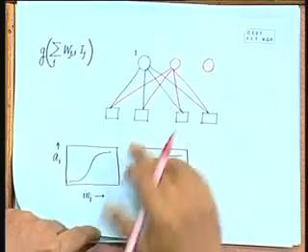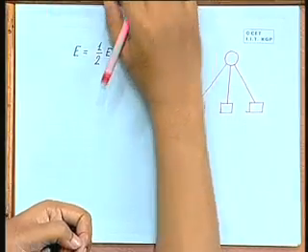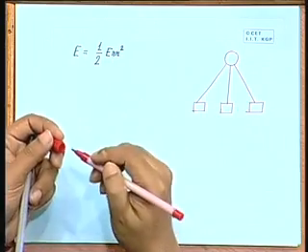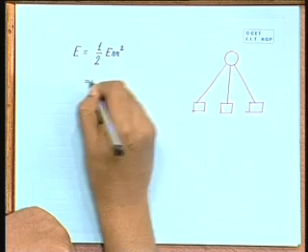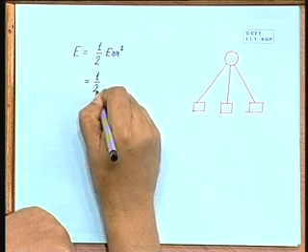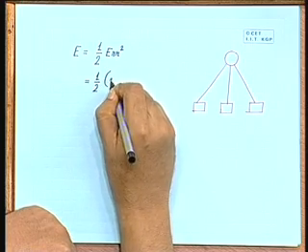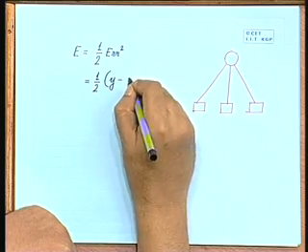When we talk about half of Err squared, it is that vector that we are talking about, and what is that error? That error is nothing but y minus